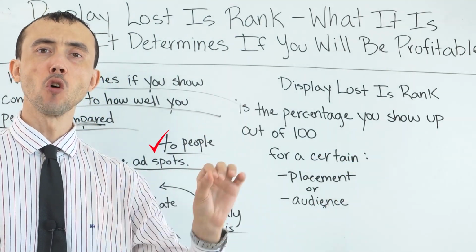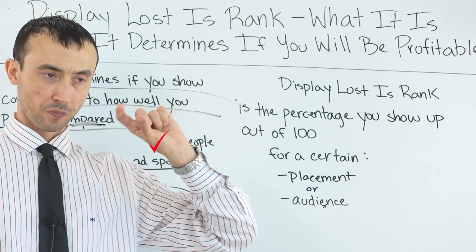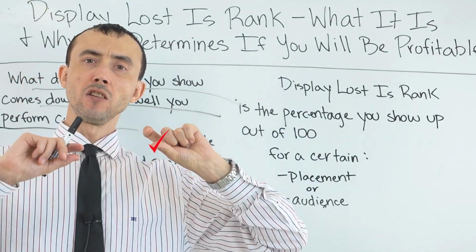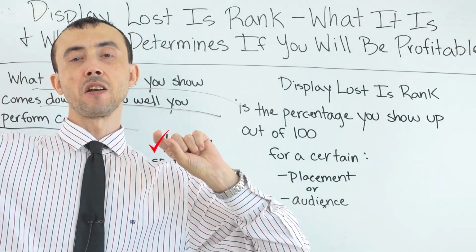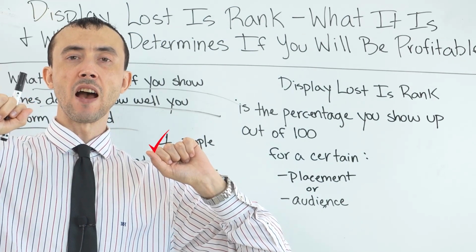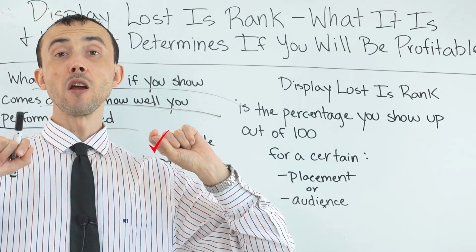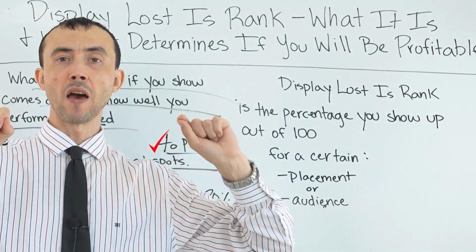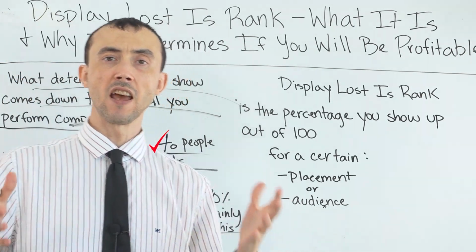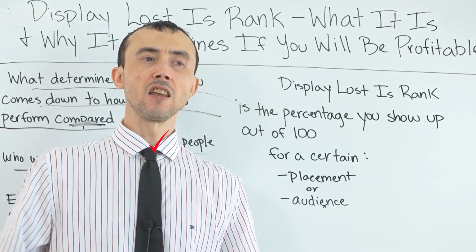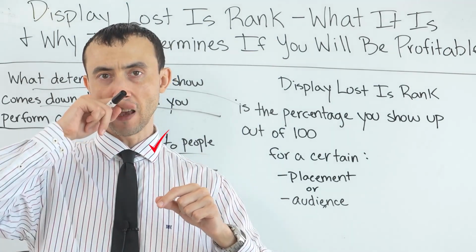Naturally, they'll only be able to pay so much before their ads are at a negative ROI, which means really what you're trying to do is, if you can, pay more for a click in terms of what you're getting out of a customer, or get your click-through rate up high enough where your cost per click is going to come down so that you're able to pay more per impression than that competitor is, so that your display lost rank goes up to basically as close to 100% as you can get. Because if your ad shown on a certain website is profitable, of course you want your display lost rank to be 100%,